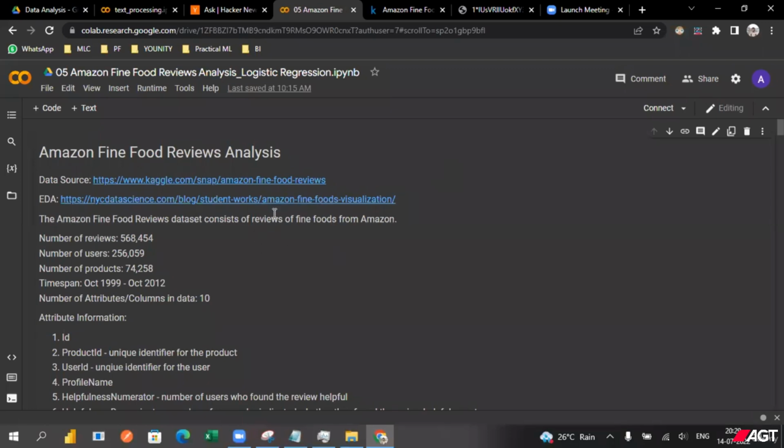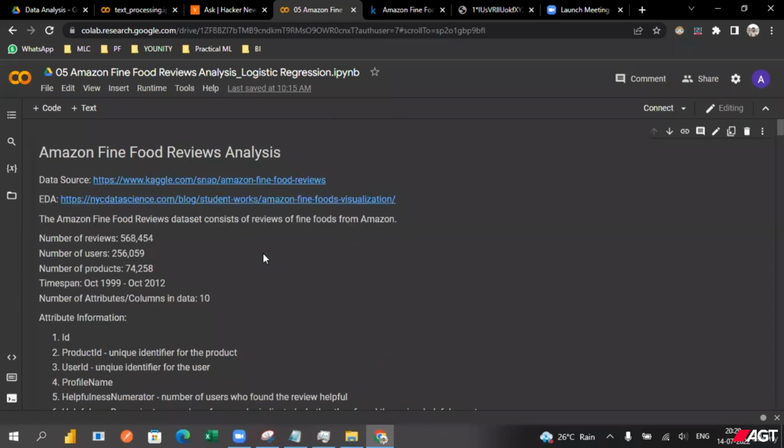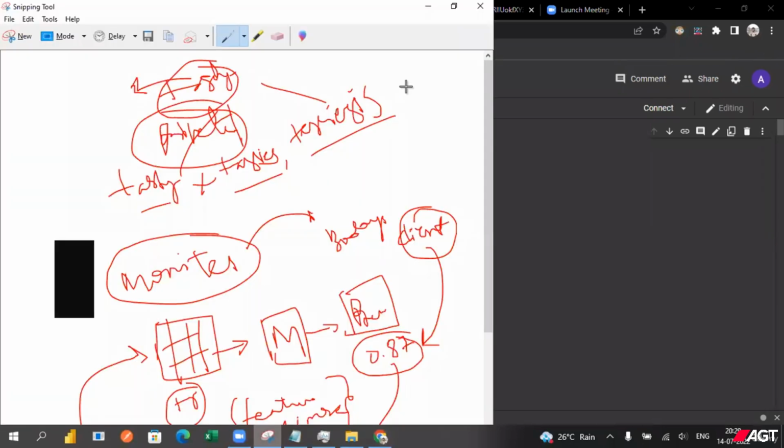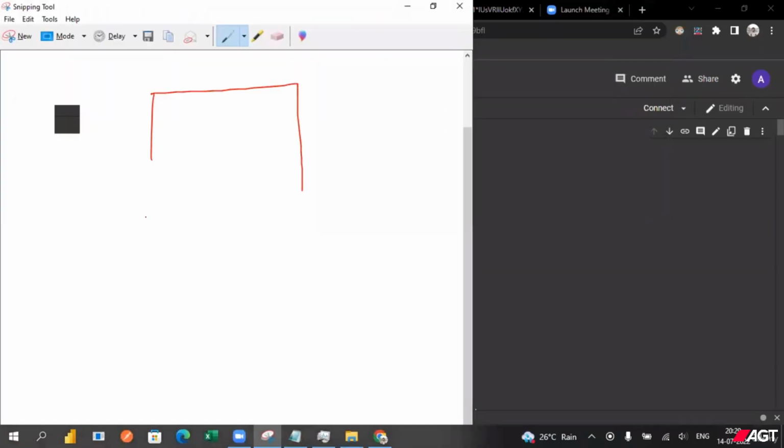Reviews. And the number of reviews is around 5 lakh rows, and the users have given reviews for around 2 lakh corresponding products. And we need to predict, by using a review, whether a customer is satisfied with the product or not. So what happens with Amazon Fine Food Reviews is, you have a website of Amazon, you purchase something, like any fine food,